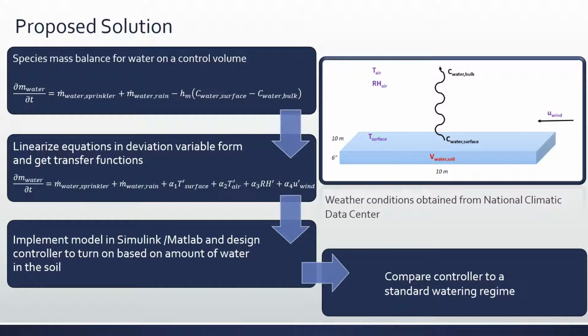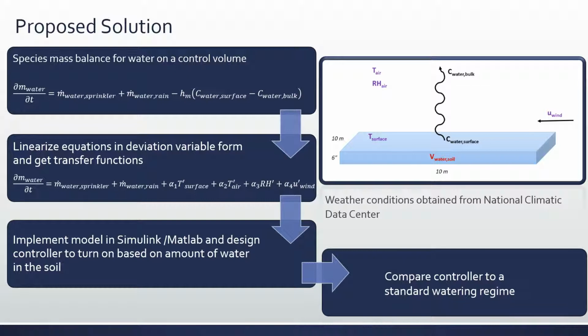In the figure, the purple variables are input variables, which we obtained from the National Climatic Data Center, and they're available for every 5 minutes throughout the day, and they affect the convective mass transfer. So we linearized the equations and put them in deviation variable form to get transfer functions, and that's the equation,